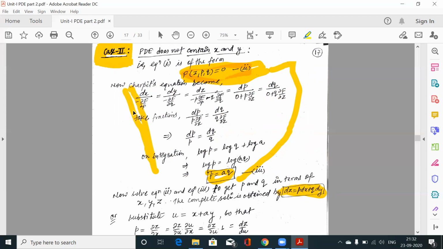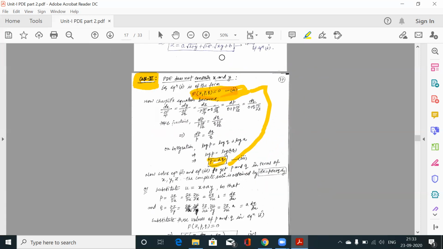Otherwise, if you don't remember that this is case 2, you simply solve that question using Charpit's method. What would be the difference? The difference is only these 4-5 terms, which you are simply solving by using Charpit's equation. So all the cases are derived from Charpit equation. They are reducing some steps only. Otherwise, they are not separate methods. They are reducing some steps from Charpit's method. So if you remember, skip these steps. Otherwise, you simply apply Charpit's method.